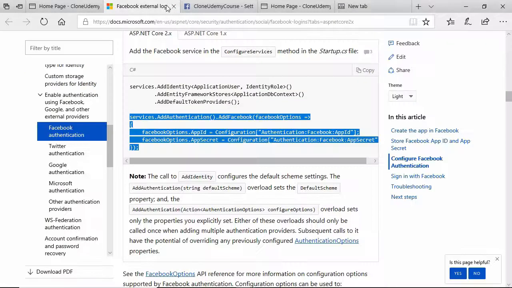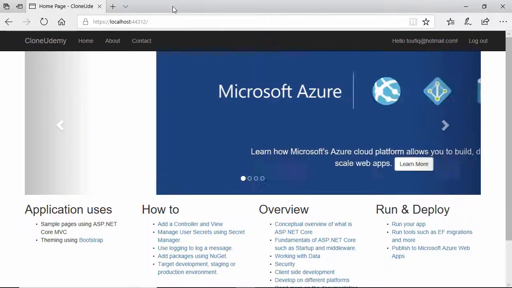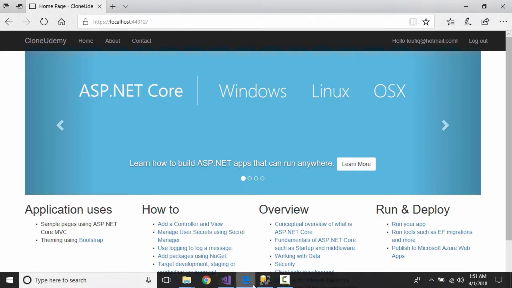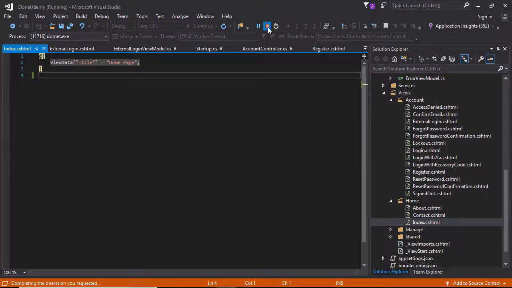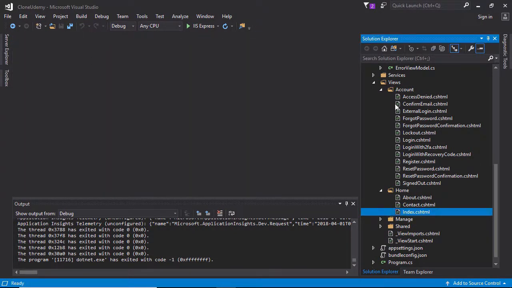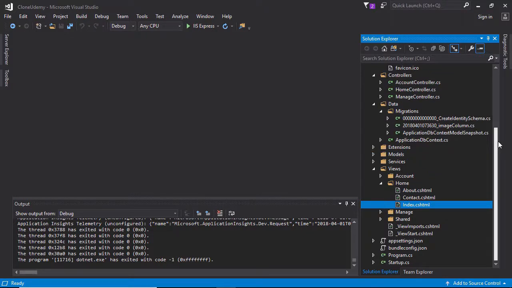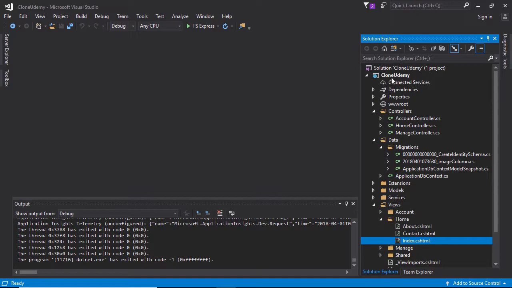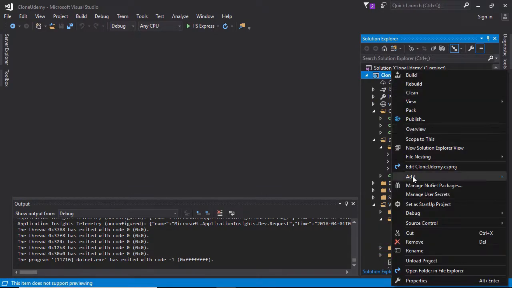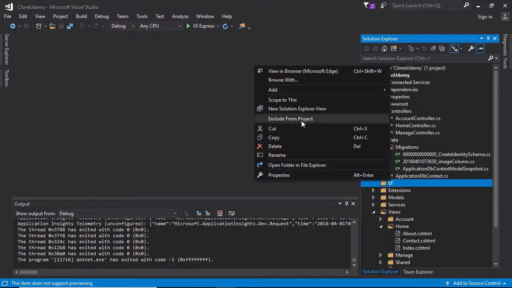Let's close this one, close a few other tabs. Let's go to Visual Studio, stop debugging, close all documents, minimize this one, no, this one. Let's go to the project, right click, add new folder, EF is the name of the folder, right click, add a class,